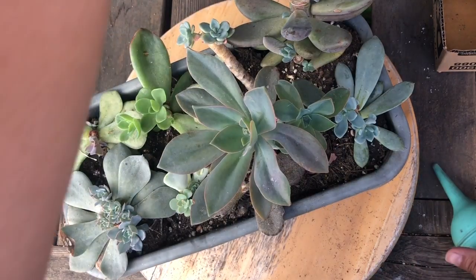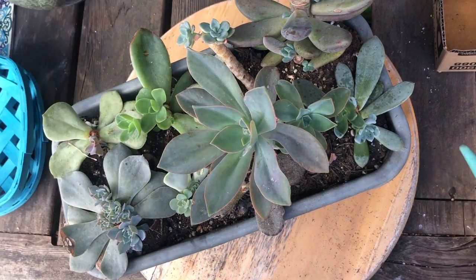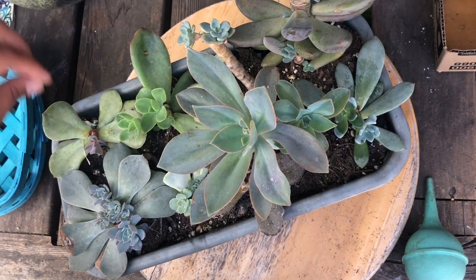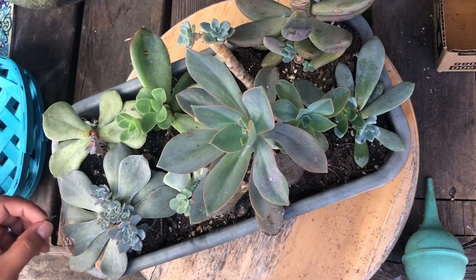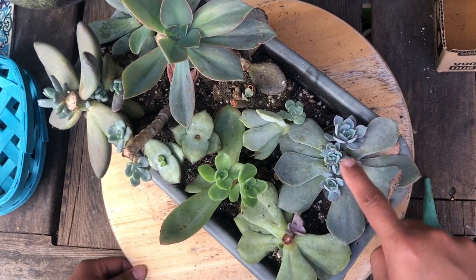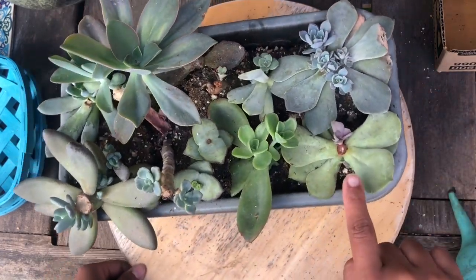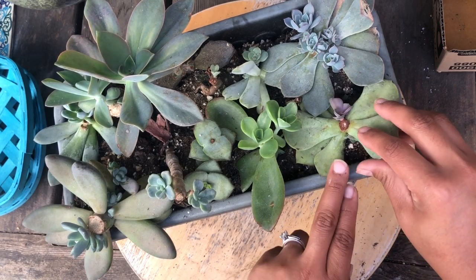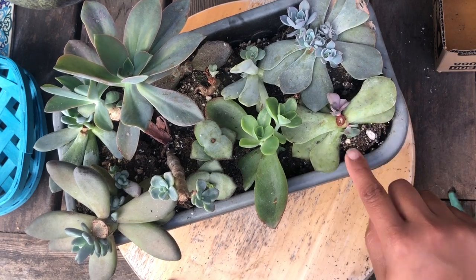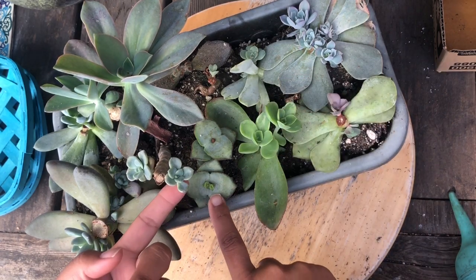See a mealybug on there. I'll probably put some diatomaceous earth on this. But as you can see, they all have babies. All these babies here. That baby there. This baby, I'll probably take off this leaf so that baby has room there. So this will add to my leaf propagation. All of these babies, even on this crassula here,